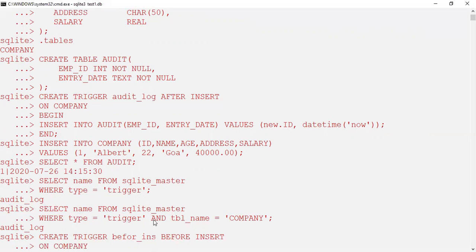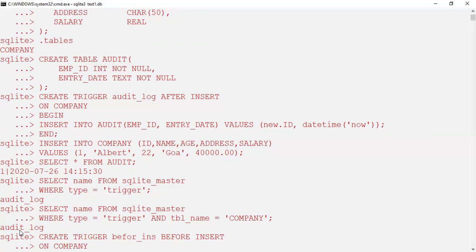So here we are using the AND clause, where the table name is company, and we see that audit_log is the trigger name. So this is the way to use these syntaxes to see the list of the triggers we have created.